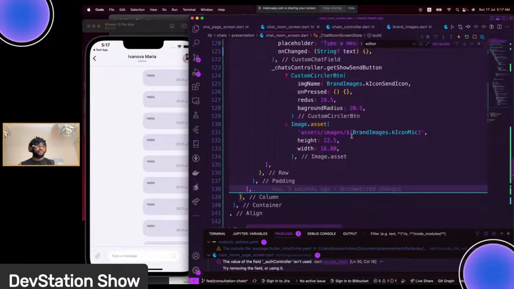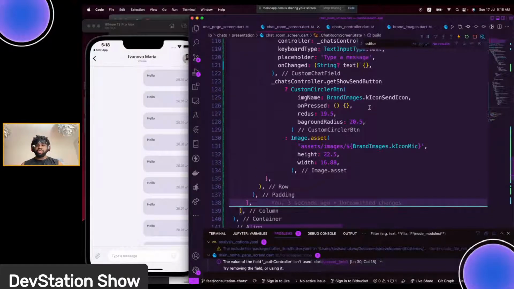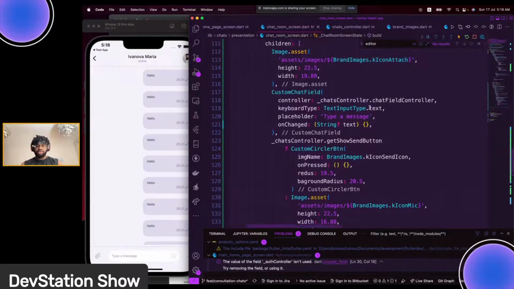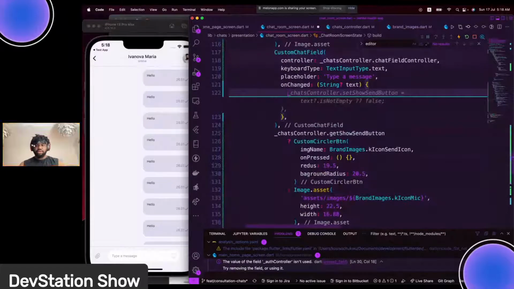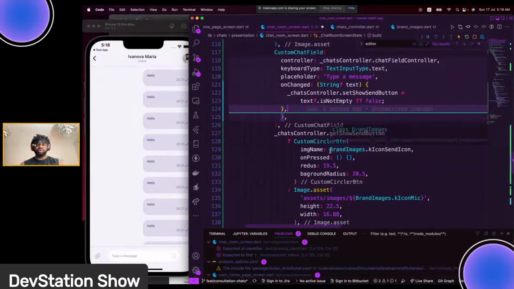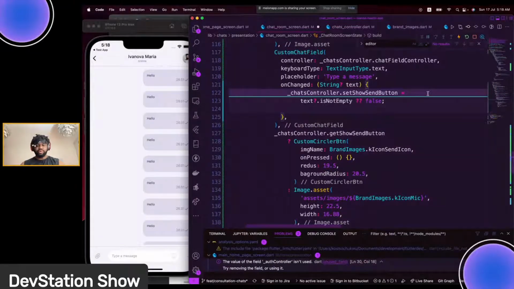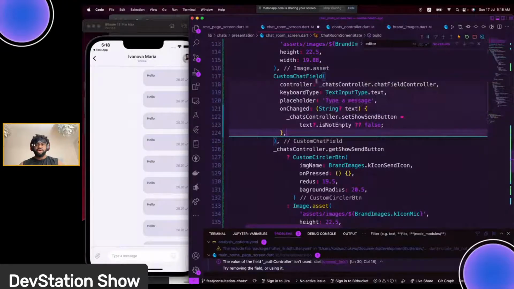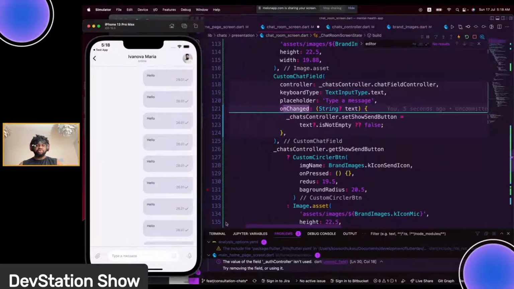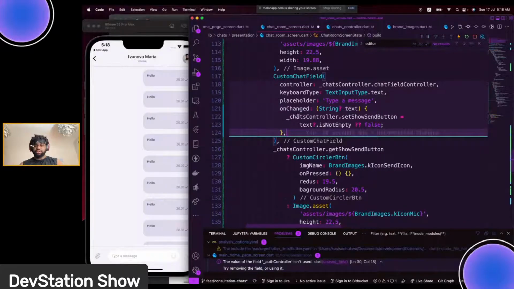So we should have a way to toggle this on and off. When you start typing inside here, and we just say something like okay, there we go. So that's the code we need to write. Format this. So inside the onChanged method in our custom field right here, we are checking if there's something going on. Maybe the user is typing something. That's what we are checking, and we are going to say chat.setShowSendButton to